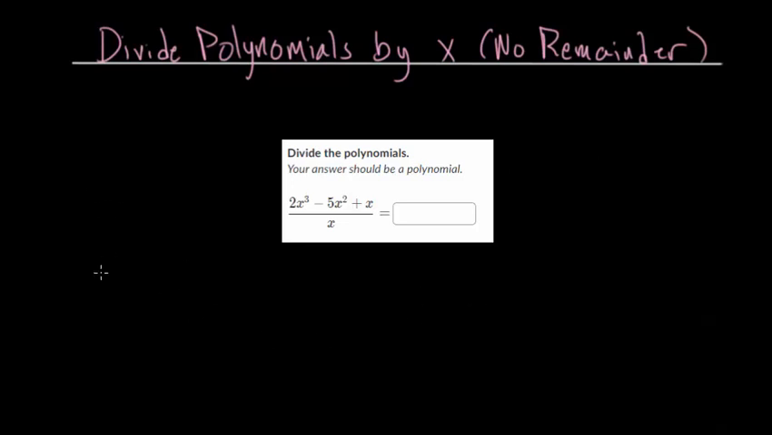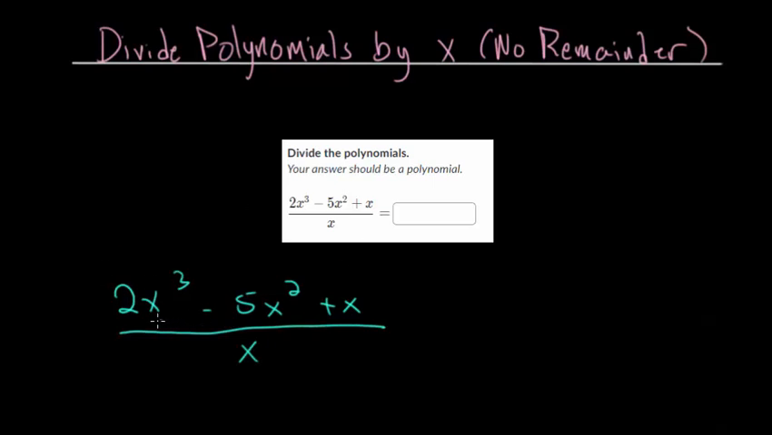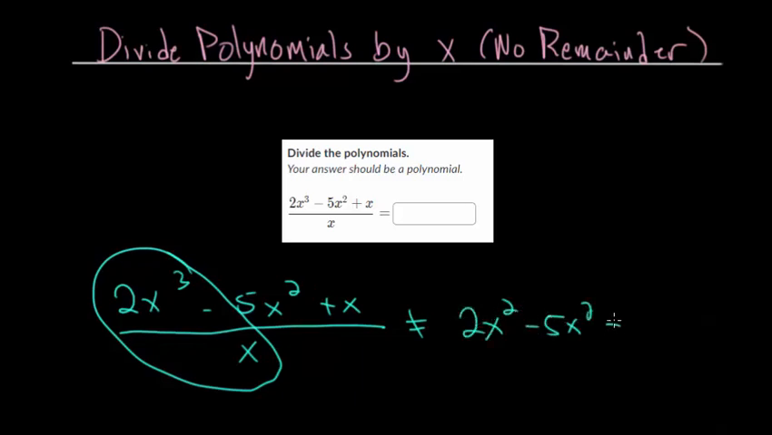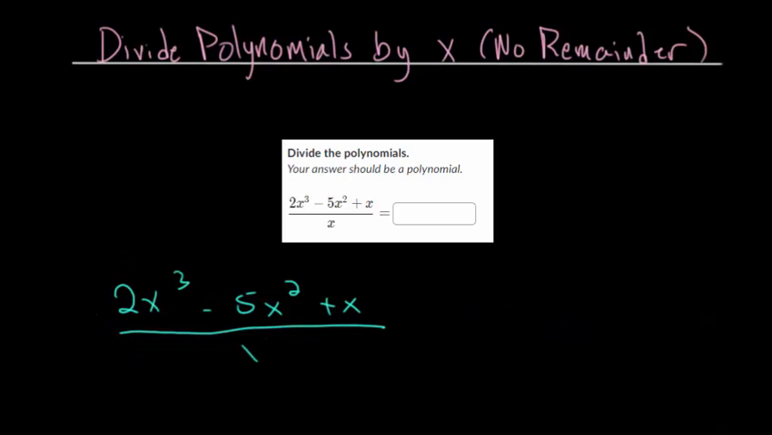Now, for a problem like this, we have 2x cubed minus 5x squared plus x, and we're going to divide everything by x. The key idea is that x is going to divide into every term in the numerator. One common mistake students make is they'll just pick one of these, maybe the first one, maybe the last one, and divide and say that this is falsely equal to 2x squared minus 5x squared plus x, and then keep simplifying. But the key idea here, like I mentioned, is that x is going to divide into all